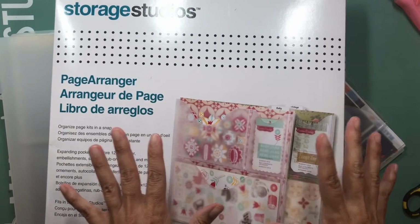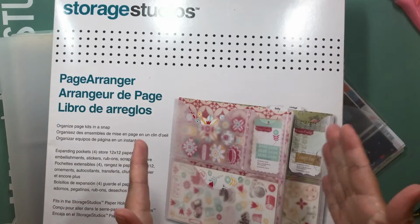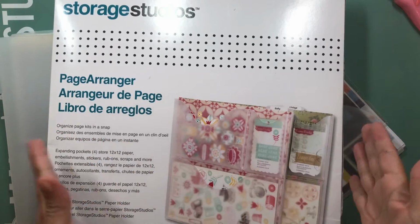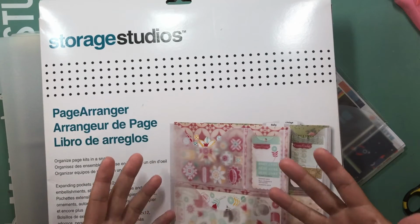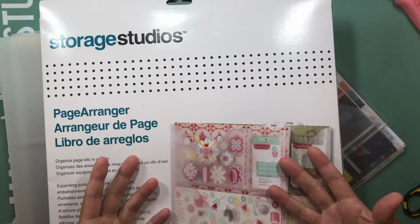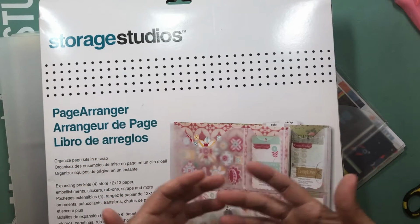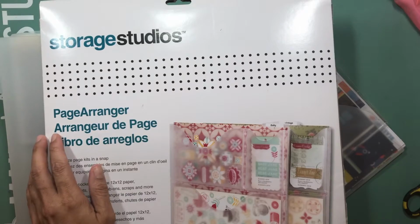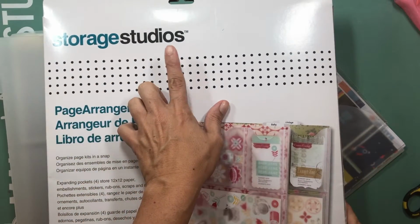Okay, here we go. So basically my goal is to use up as much as I can, right? Because I really want to try to scale down my supplies, and that is because I don't have any more room in this scrapbook room. I truly want to get a sewing machine in here, but there is absolutely no room to put a sewing machine. Anyway,